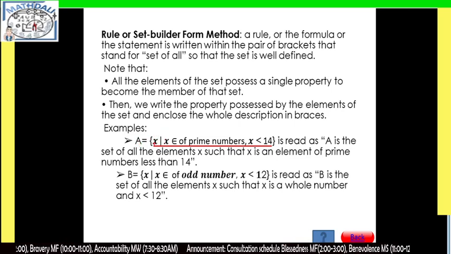We have x. This x actually represents the element. Okay, x such that x, that can be read as x such that x. This x is actually the element. So yan, element yan.